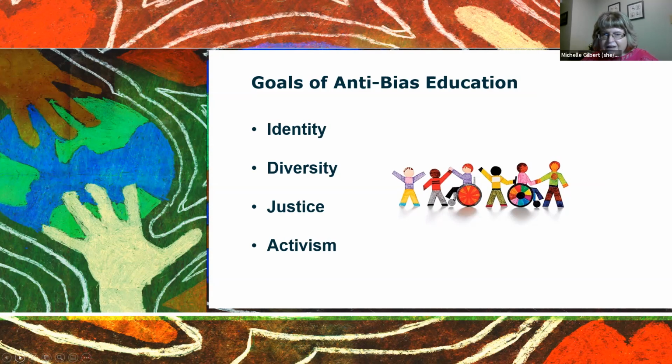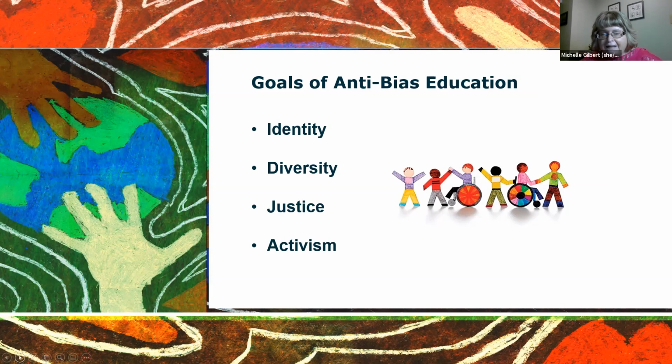The third area is around justice, helping children develop language for and knowledge about standing up when they hear or experience an unfairness. Even at a very young age, children can recognize when something happens that doesn't seem right or doesn't seem fair. And so giving them the support and the language to stand up for those things